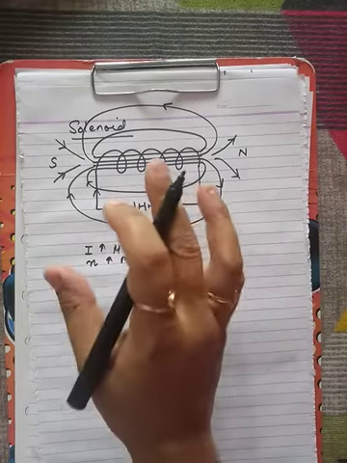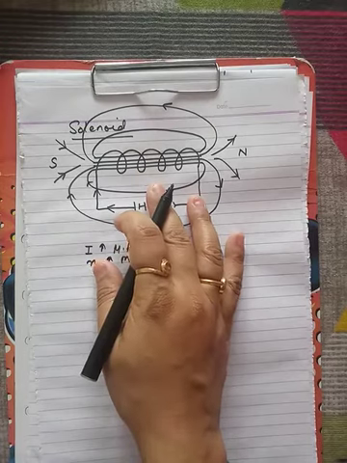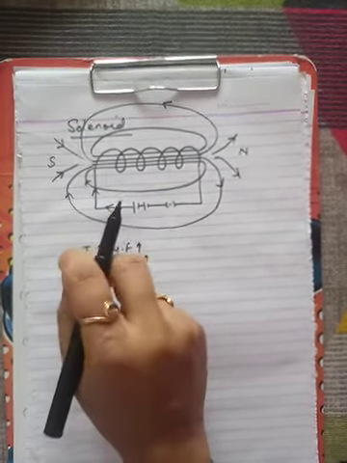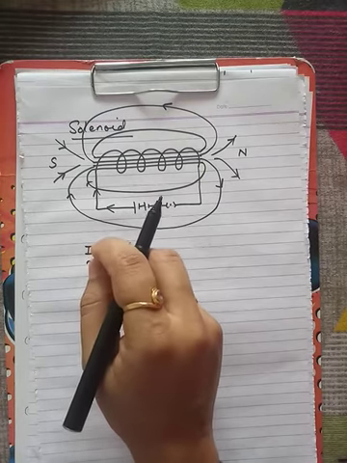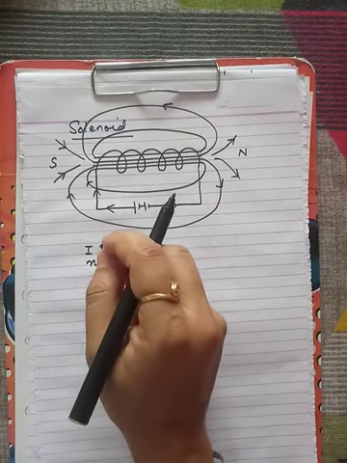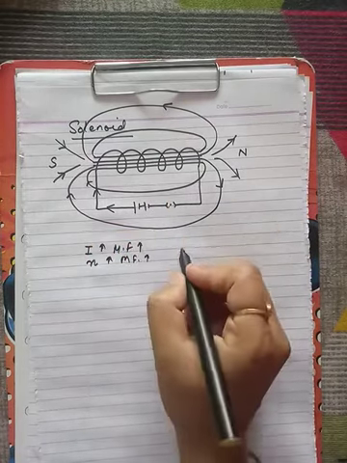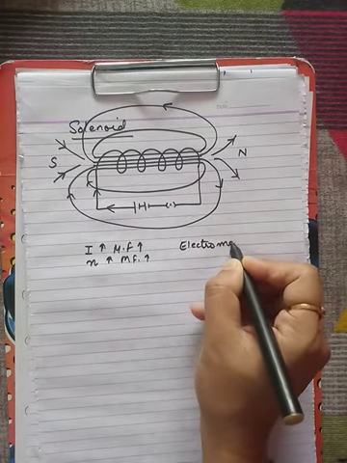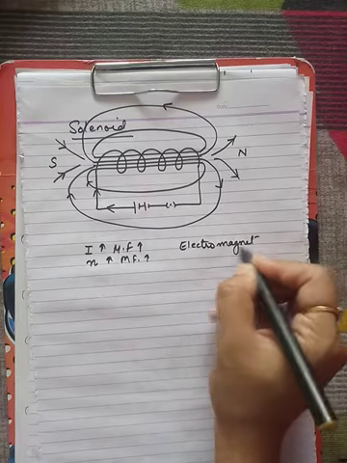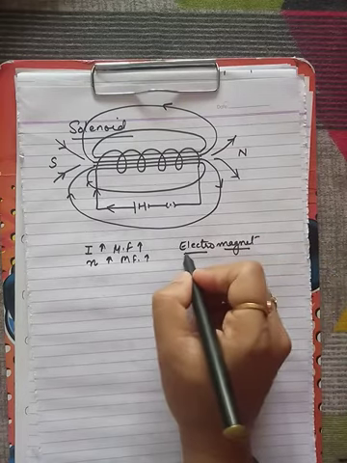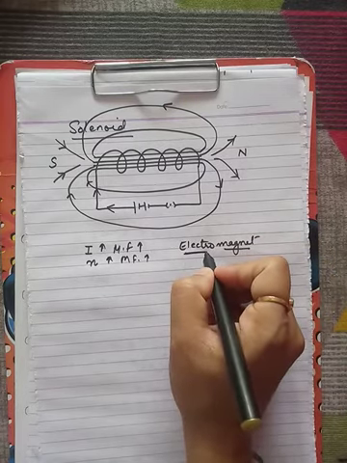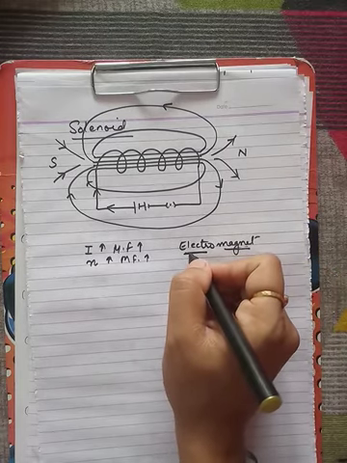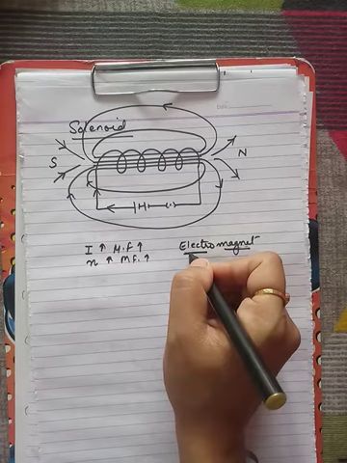Now here very important application of this type of solenoid is that we can make an electromagnet out of this solenoid shape of the conductor which is conducting. Okay, now what is an electromagnet? Electromagnet, as this name is suggesting, it is a magnet which is depending upon the electricity. Okay, a magnet which is depending upon electricity or electrical current.